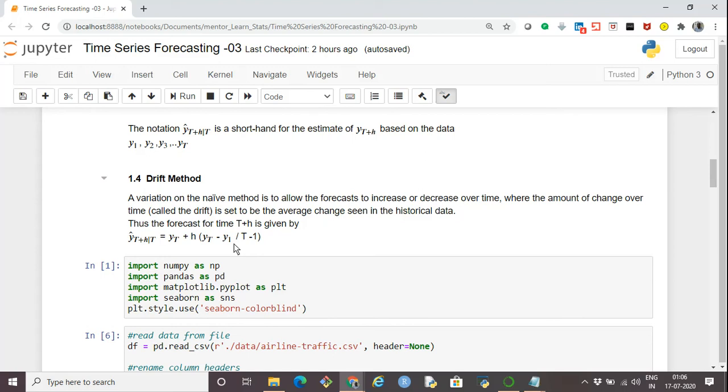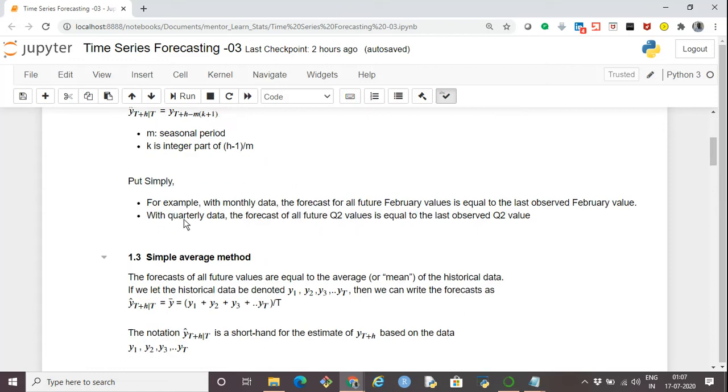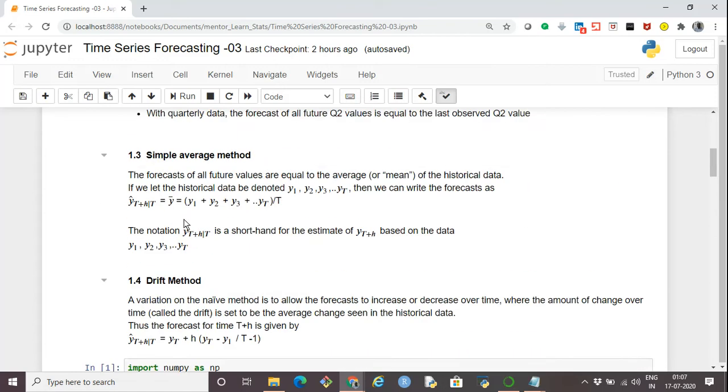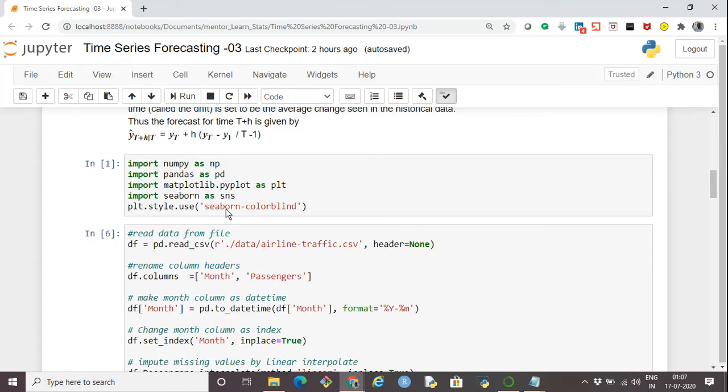Okay, now we know these basic forecasting models. Now we'll try to implement these. Again, first quickly importing the libraries NumPy, Pandas, Matplotlib, Seaborn, and setting the style to seaborn-colorblind.